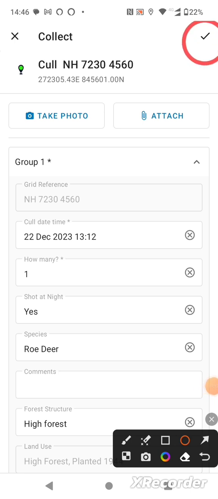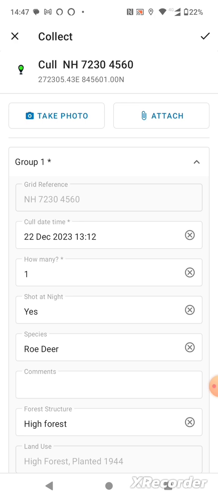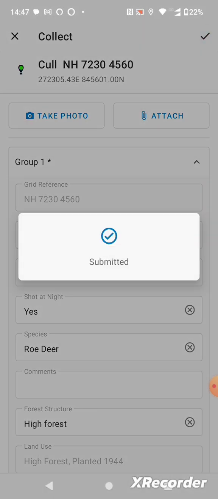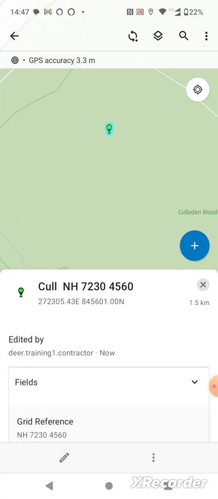up here in the top right. So if I hit the X now, this button over here, it would ask me if I'm okay to discard the information. So first of all, I'll submit that. And now we'll have a look at the options for